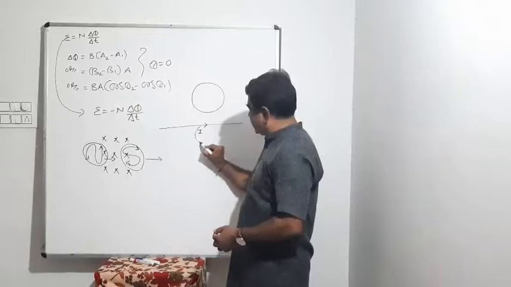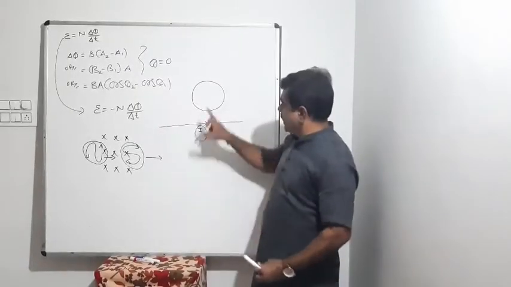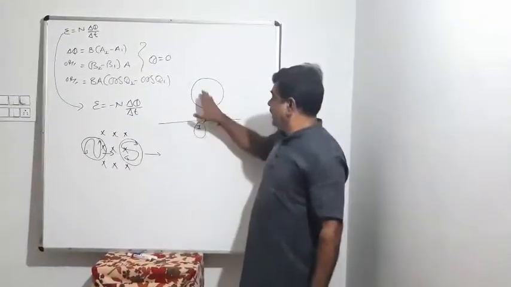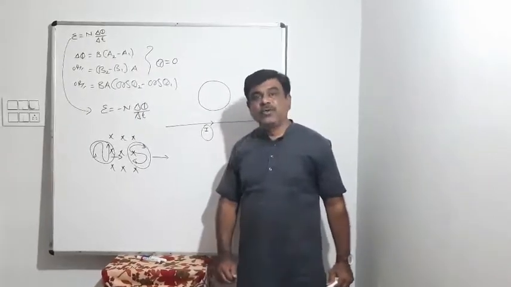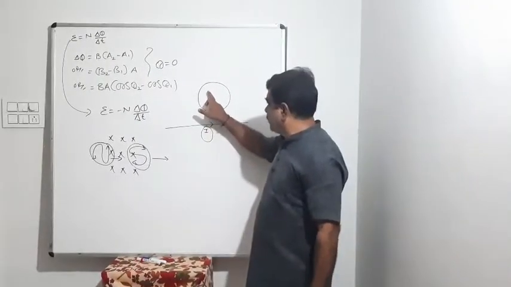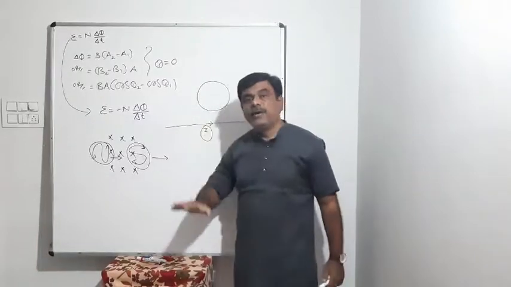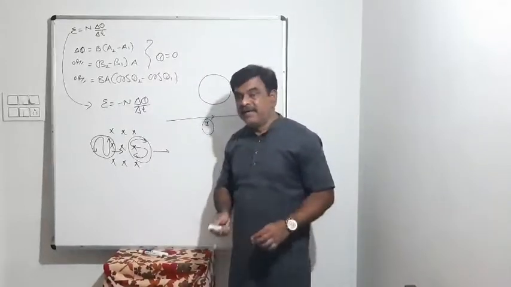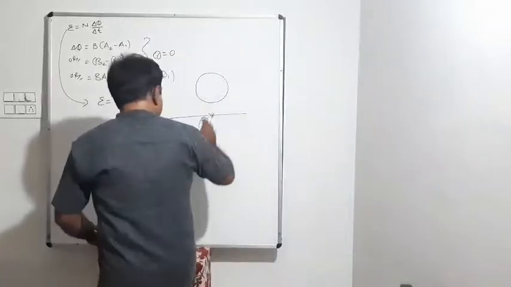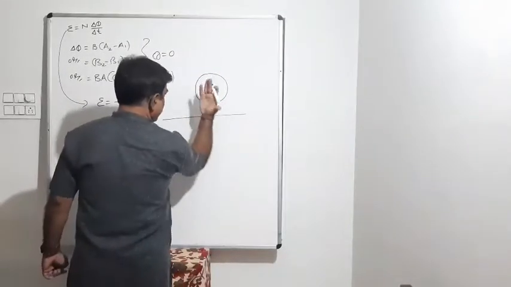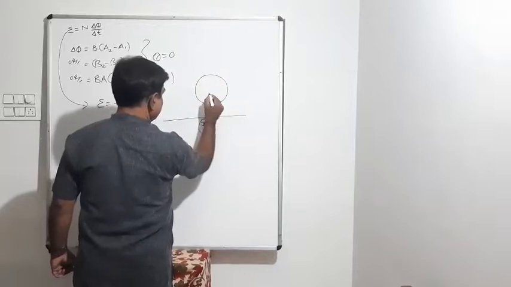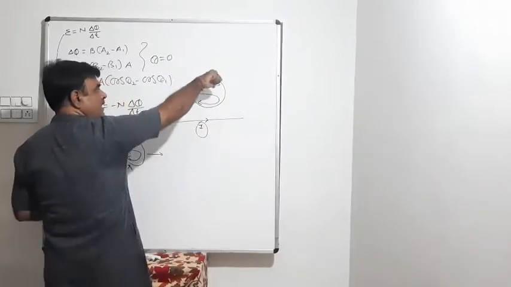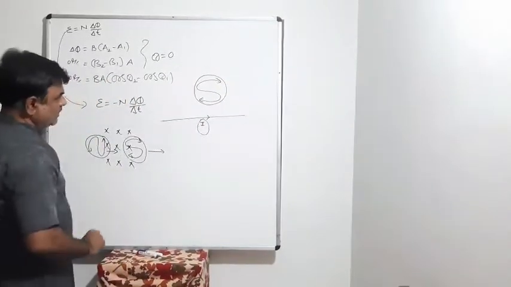Now if this current is increasing, then naturally magnetic flux associated with this loop is increasing. As magnetic flux associated with this loop is increased, current should be induced in this loop in such a way that it opposes that increment or compensates the increment. That's why in this condition, as outward field is increasing, outward flux is increasing, so to compensate it should develop inward field. And to develop inward field, current should increase in clockwise direction.